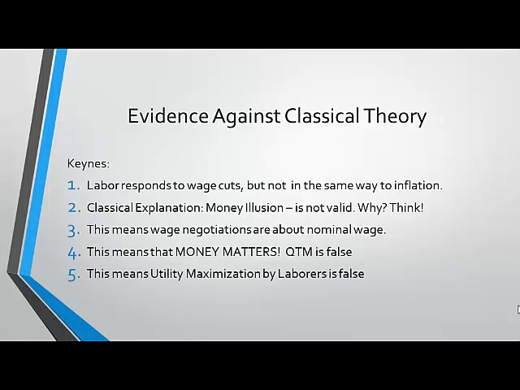So what is the evidence against the classical theory? For the first time, Keynes opened his eyes and looked at the world. This is something economists don't do, and you have not been trained to do, and that's what I will try to teach you how to do. So he looked at the world and he said, look, there is unemployment all around, and it is not going away. What should happen was that the real wage should go down, and the excess supply should be eliminated, but it doesn't happen.